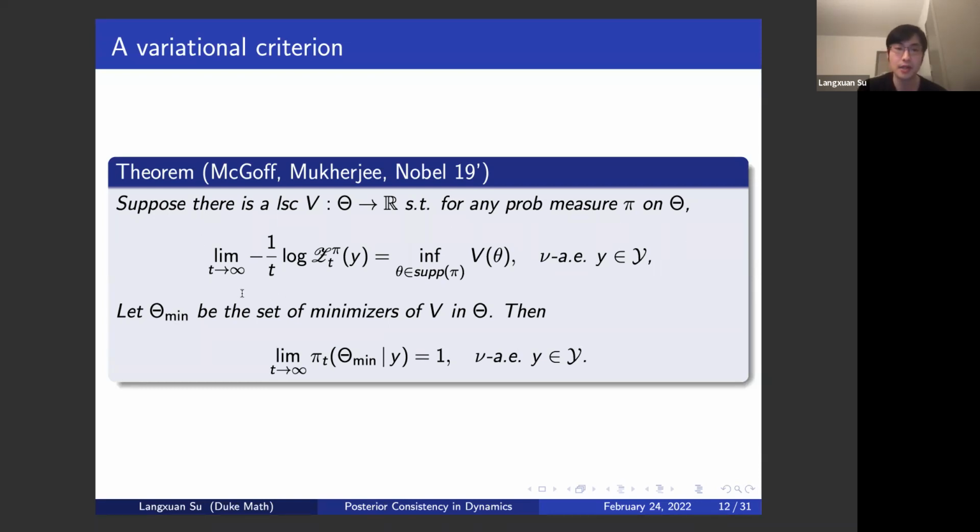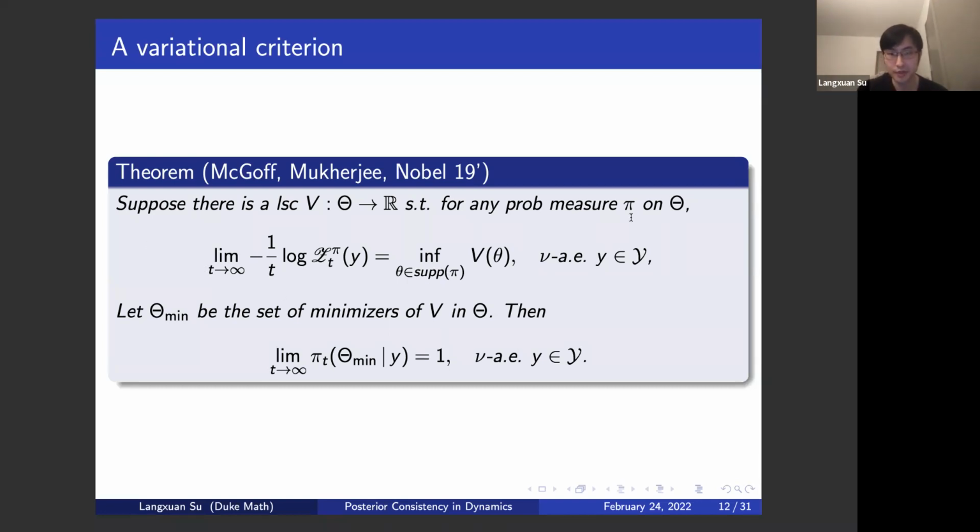This is an asymptotic characterization of the partition function on an exponential scale. The partition function is the normalizing constant I mentioned before. If one can prove that the limit, as t goes to infinity, of -1/t log of the partition function at time t equals the infimum of this function v over all theta in the support of this probability measure,